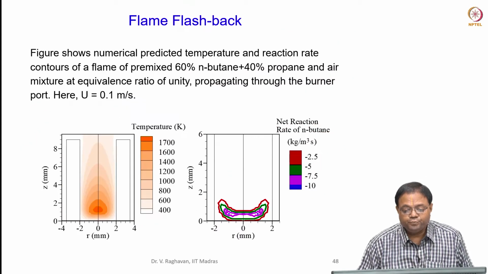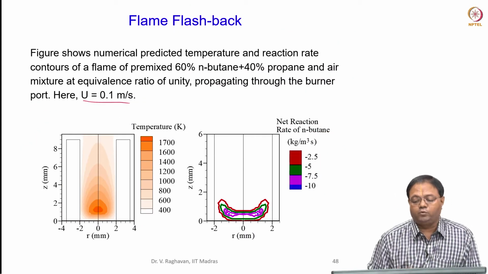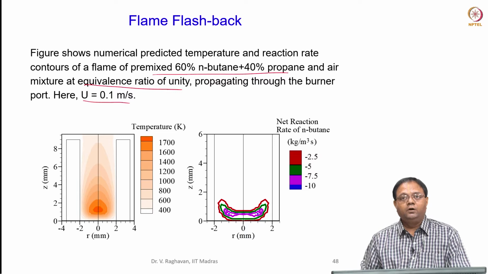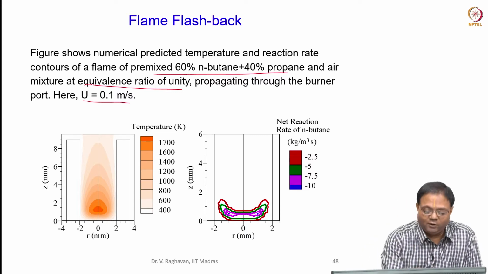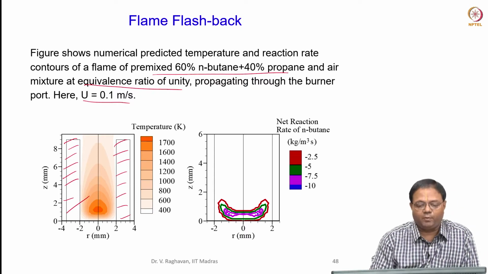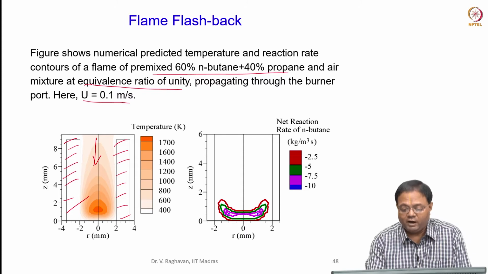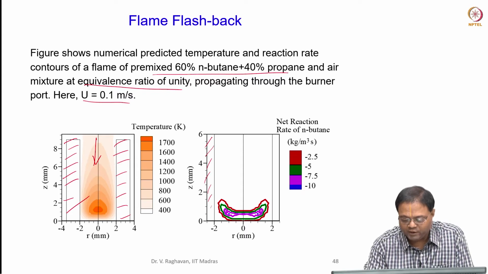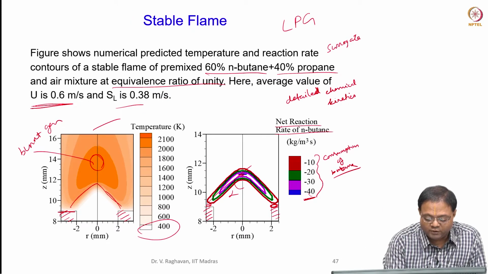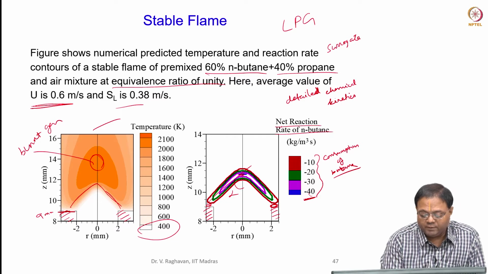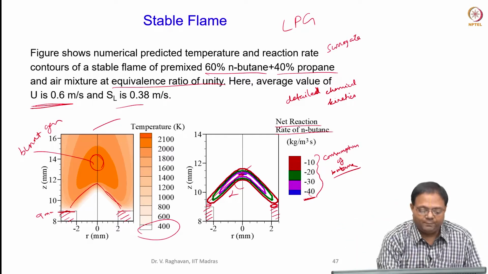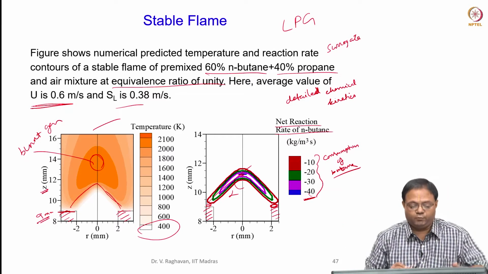On the other hand, when I decrease U to 0.1, same scenario, same equivalence ratio, same mixture, you can see that now this is the rim. The flame has come down, the flame is propagating down, and you can see this is the rim, the flame has already come in. So you can see the dimension here. The rim ends here, this is the end of the rim, so about 9 mm the rim ends basically. That is, the burner exit is at 9 mm in Z scale, whatever I put in the Z direction,